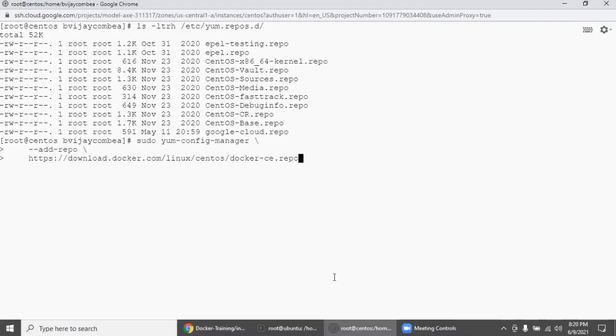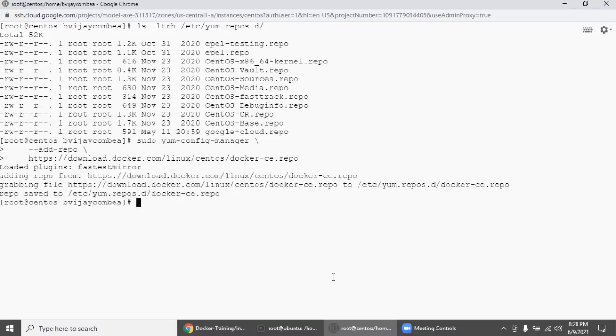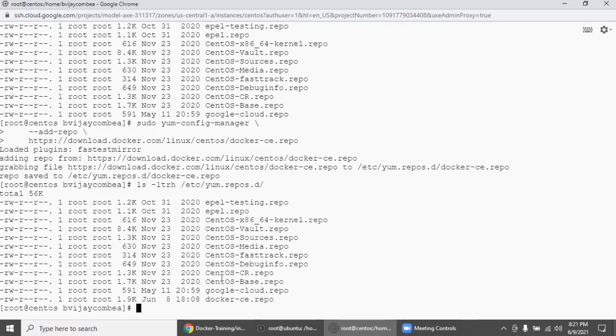Again, we will run ls -ltrh to list it out. See here, there is a file called docker-ce.repo automatically added in this directory. So both ways you can do it, either with wget or using yum-config-manager, you can achieve this.